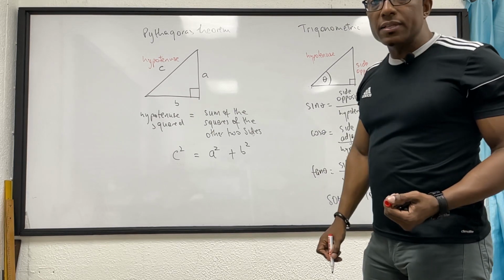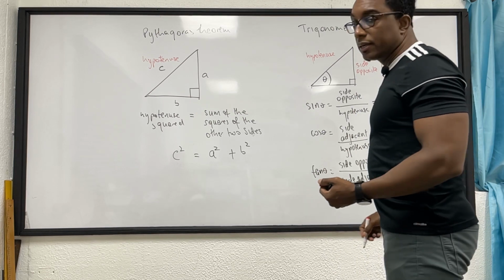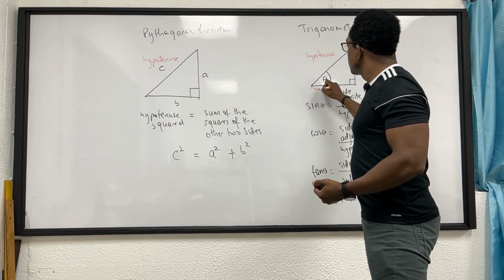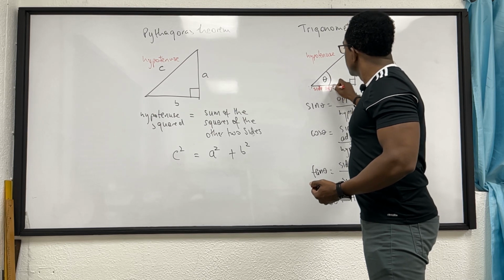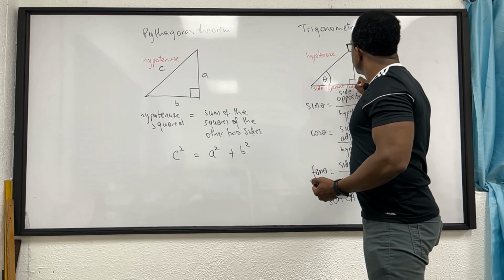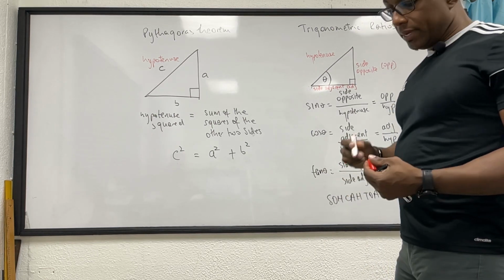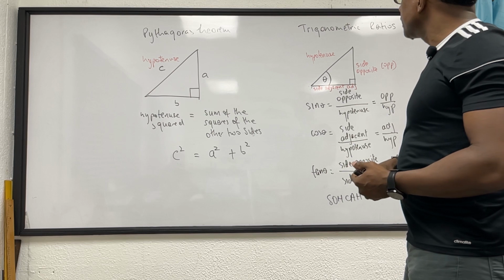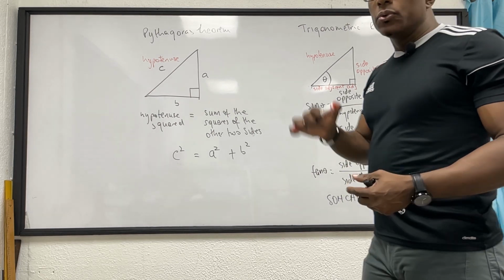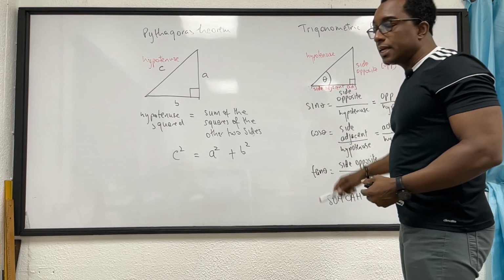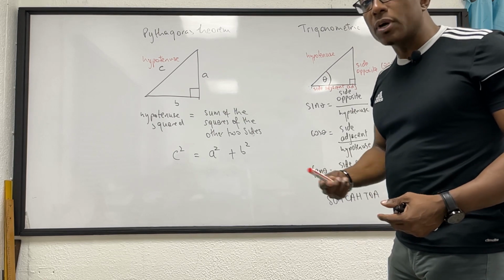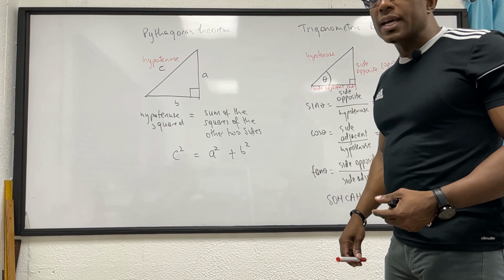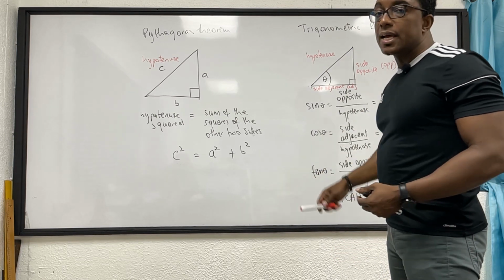And the remaining side of that right angle triangle will be our side adjacent. So this is our side adjacent, or ADJ. So remembering, very important, how to label the sides of the right angle triangle. Again, using our angle theta to help with recognizing what side is opposite. Using the right angle for us to recognize what side is the hypotenuse and the remaining side being the adjacent